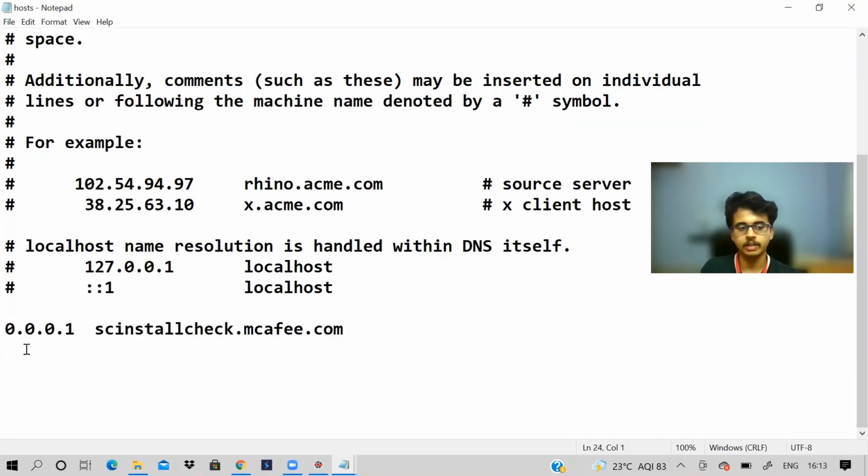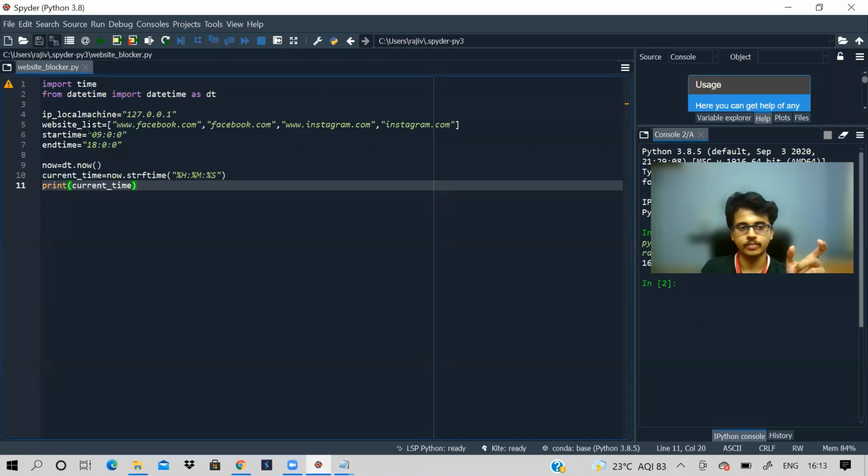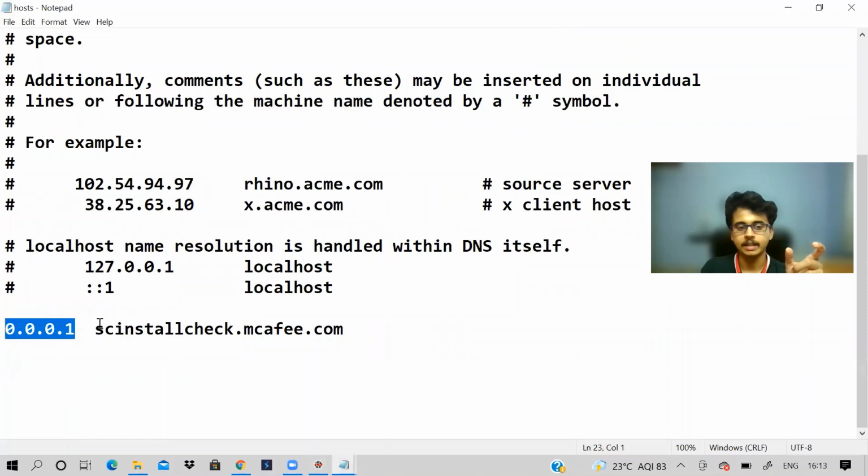Here it will come, our localhost. So what is our localhost? This one, our localhost IP address. And here our websites like Instagram, Facebook and all. Then this file has to be stored and saved. So we have to write to this file, and we need to know some basic file handling concepts. Not that big a deal. I'll just explain it in the video only. It is very easy to understand.